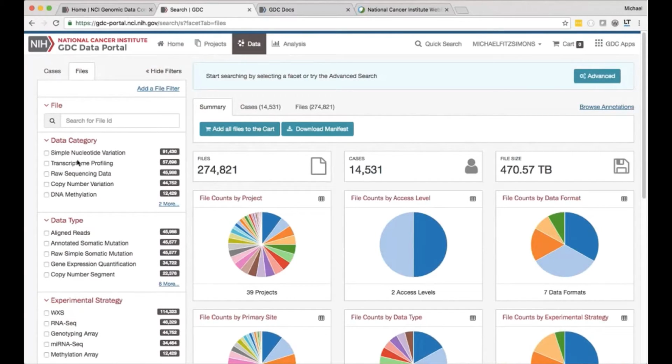So this is a great way to download the raw data, you know, the VCFs, the MAFs, the BAMs. However, if you want a visual interface,